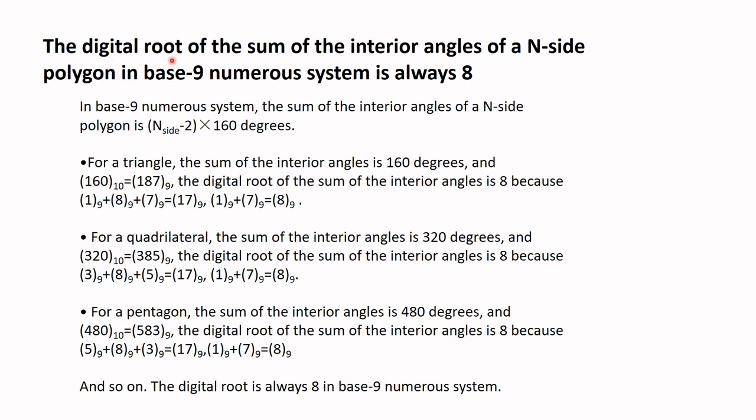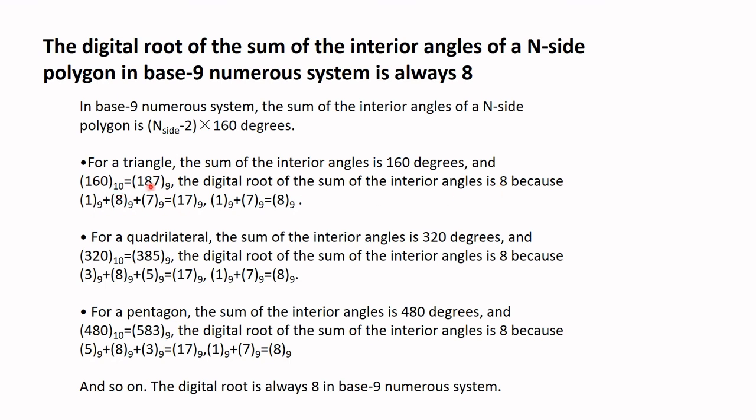The digital root of the sum of the interior angles of an n-sided polygon in base 9 numeral system is always 8. In base 9 numeral system, the sum of the interior angles of an n-sided polygon can be calculated according to the formula: its side number minus 2 and then multiplied by 160. For a triangle, the sum of the interior angles is 160, and 160 in decimal system is equal to 187 in base 9 system, and the digital root is 8,